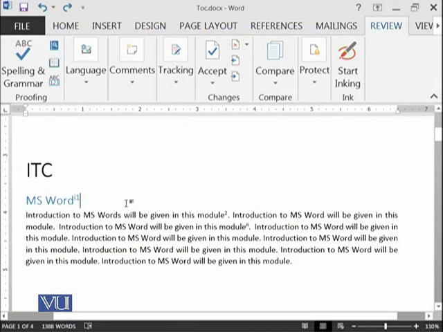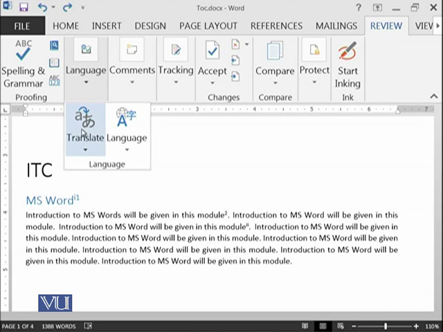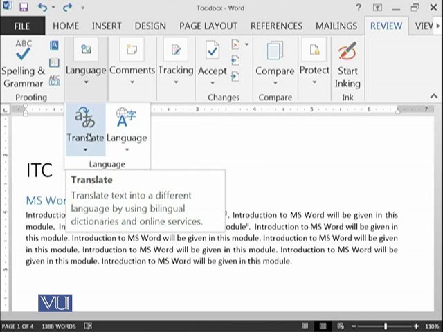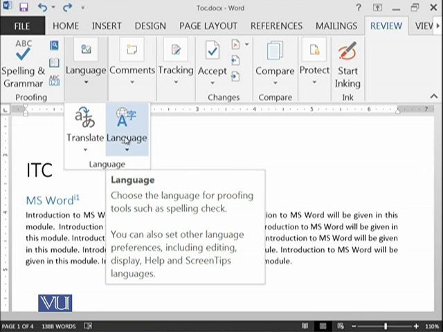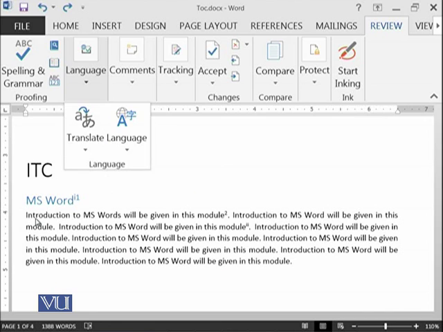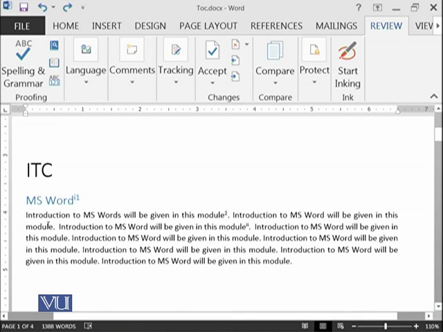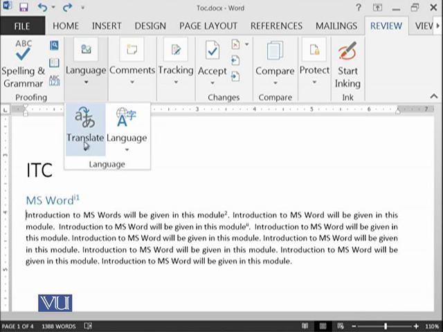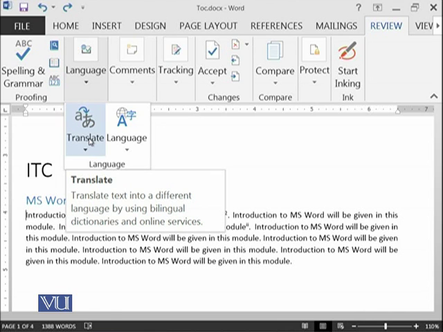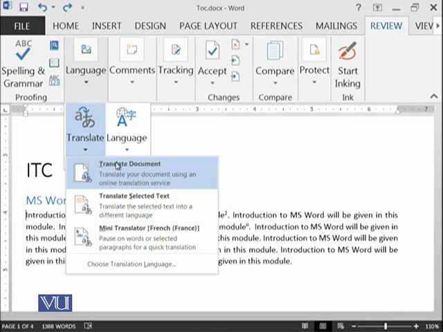So I have opened the same document on which we were working previously, and we are on the Review ribbon, working in the language group. In the language group there are two possibilities. One is called translate and another is called language. If you want to translate any of your words or sentences from one language to another, you need to go to this option, and you should be online, and then you can select different options from here. For example, you can translate your document using an online translation service like Google Translator or some other services